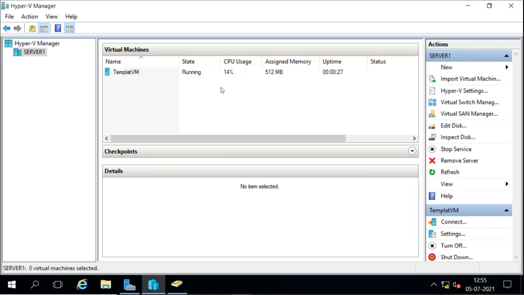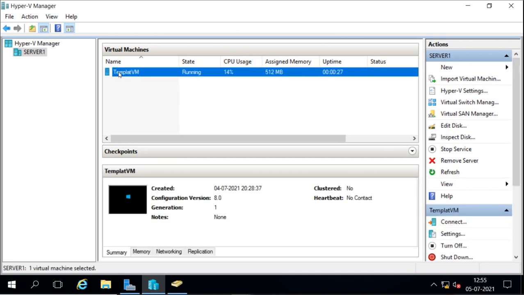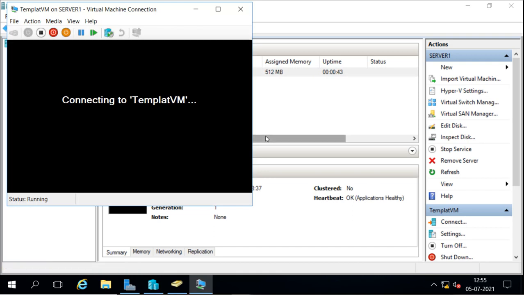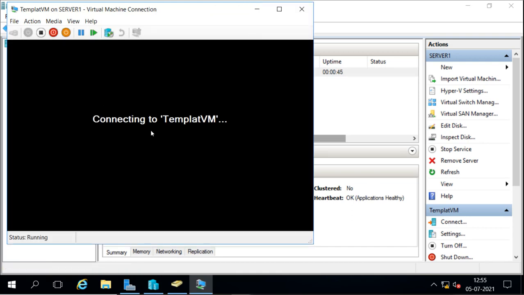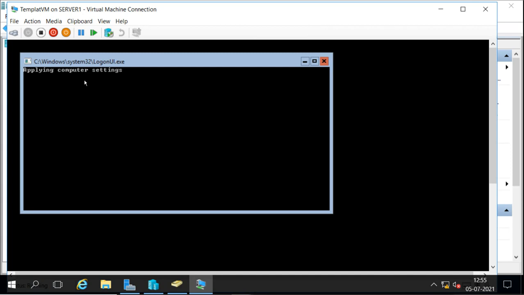So here we have one machine running. This is a virtual machine, and on this virtual machine I have installed the core server. We can check it by connecting from here. It is a Server 2016 Core edition, so because it is Server 2016, we can use PowerShell Direct here.